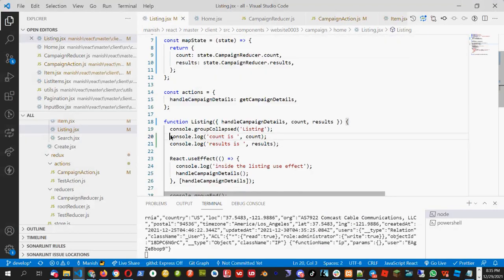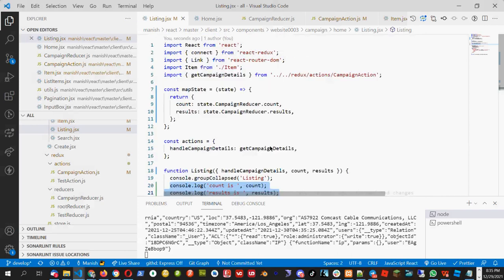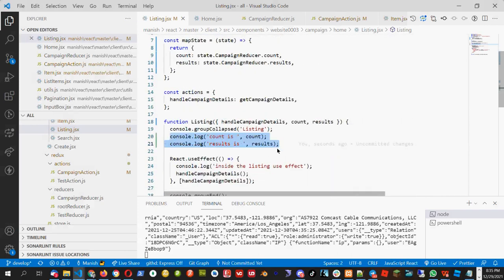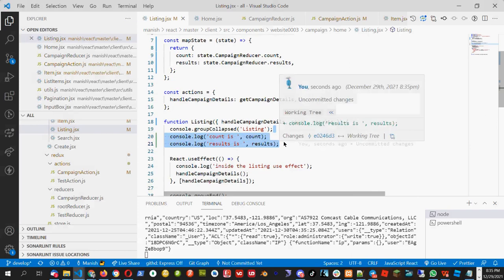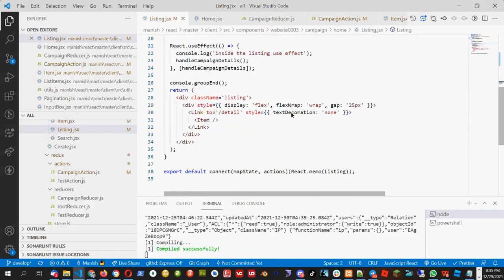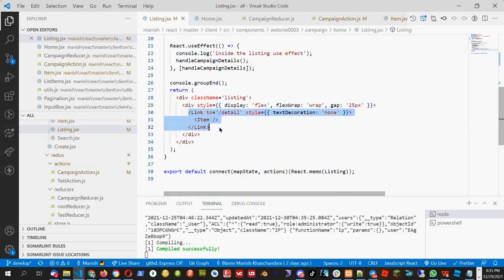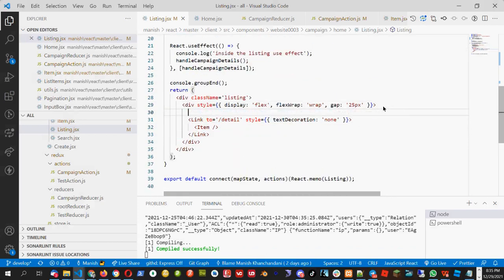So that means I can access these two to get the required details, right? So what I will do now, I get this count and results. I will loop through the results. I will loop through the results through this link item.